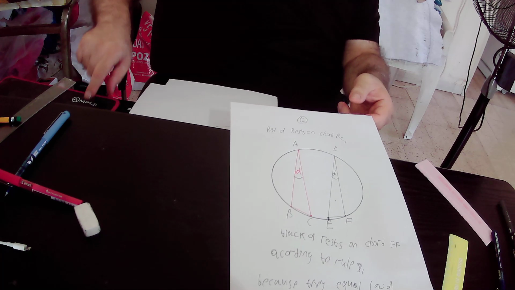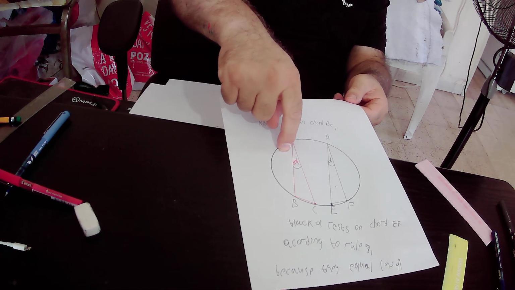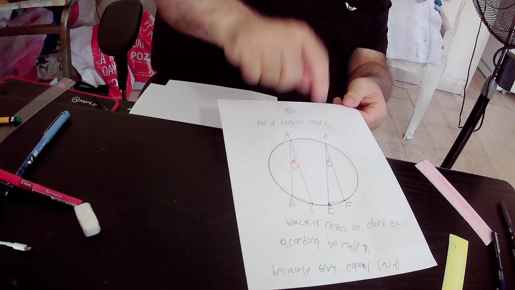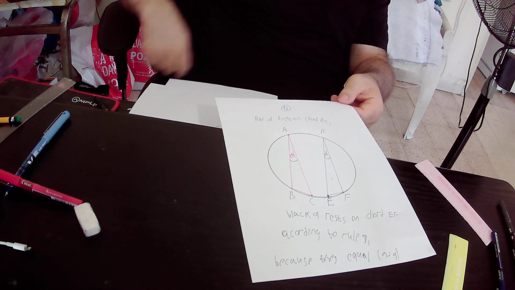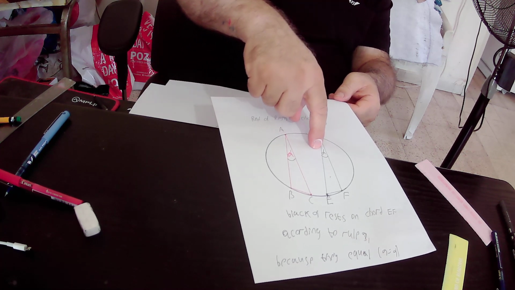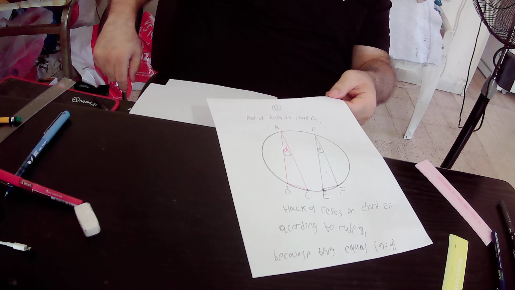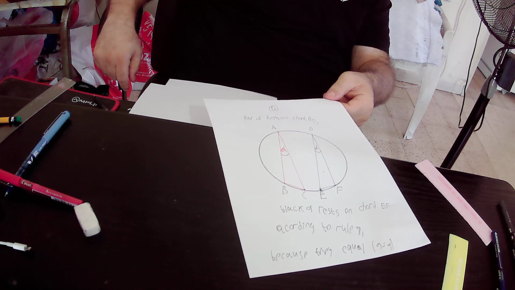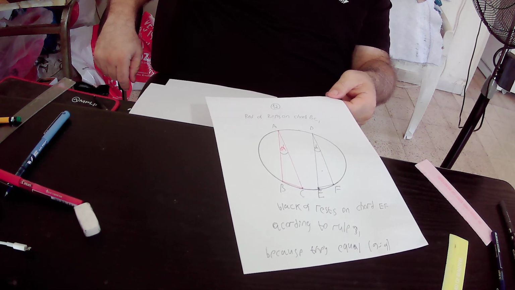So red alpha rests on chord BC. This angle rests on chord BC. And the black angle alpha rests on chord EF. According to rule number 3, because they are equal to each other,